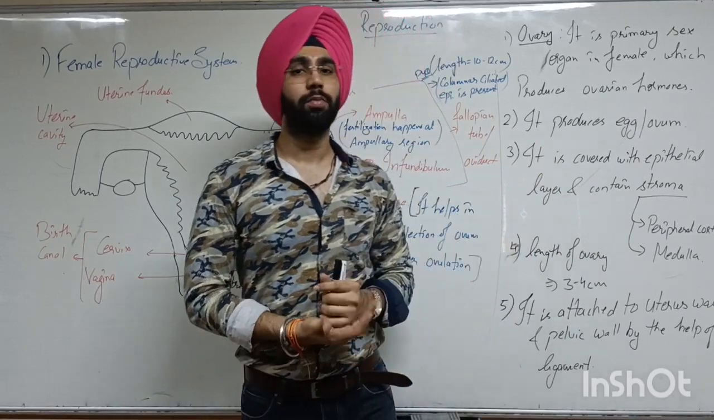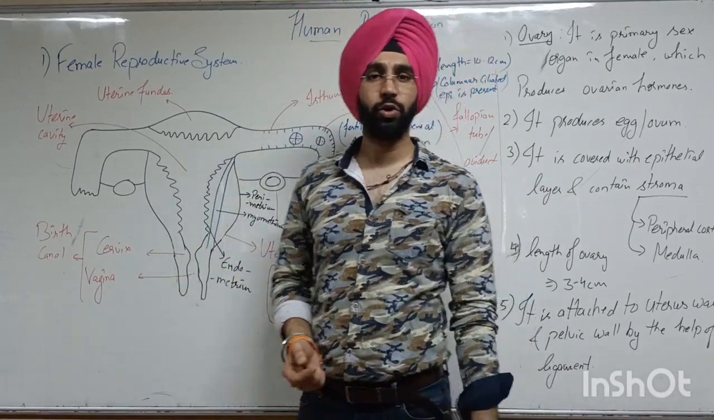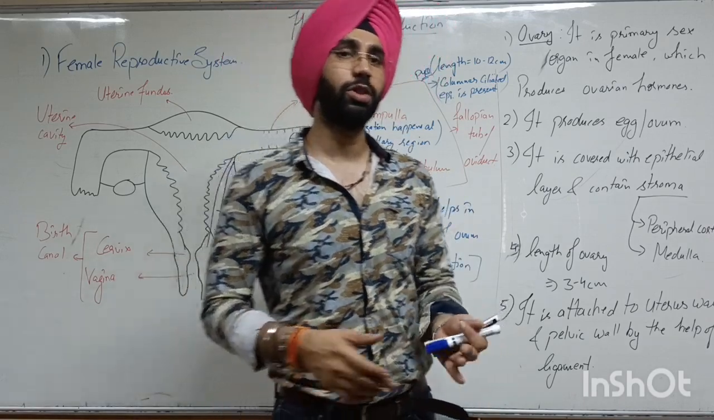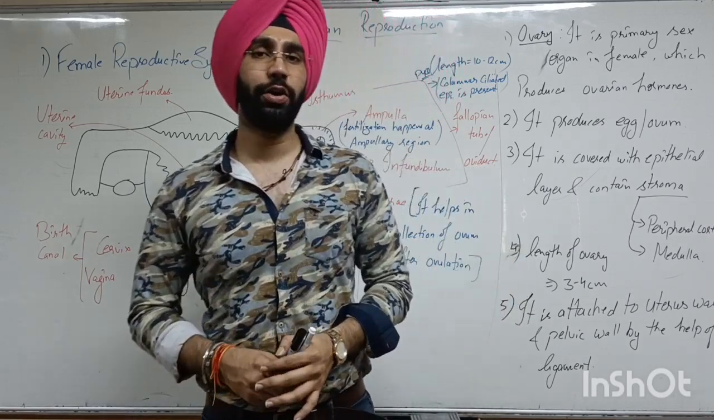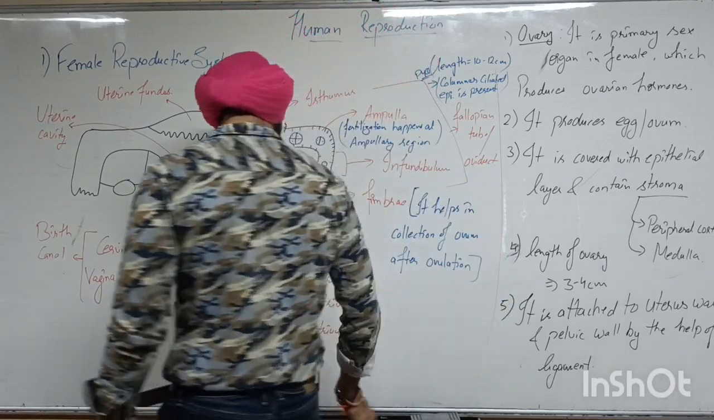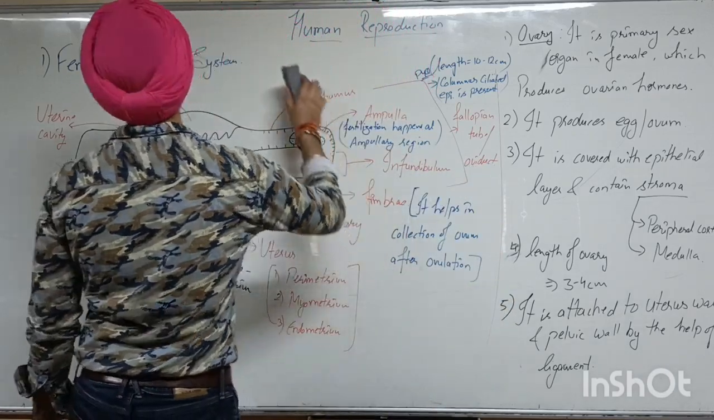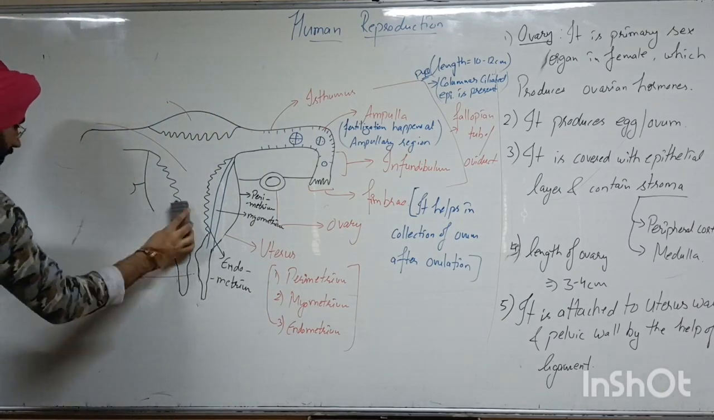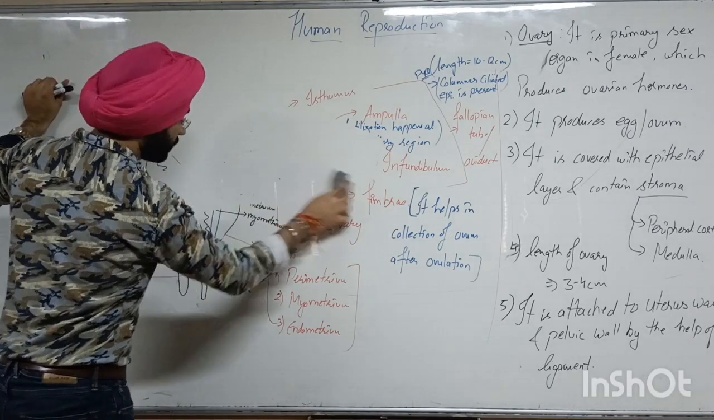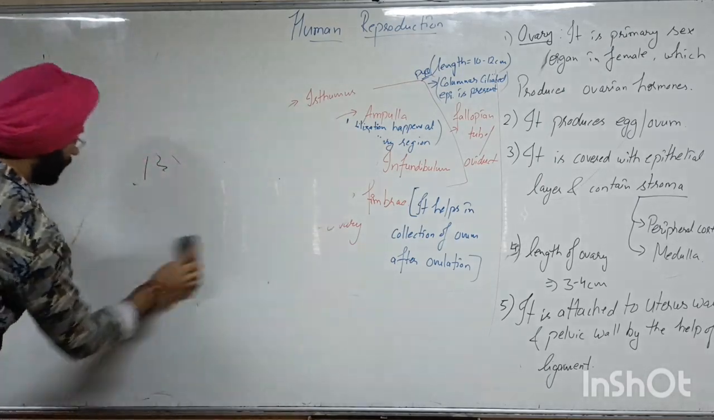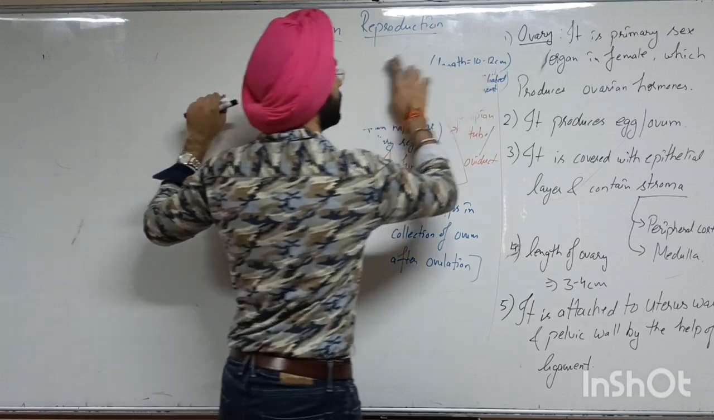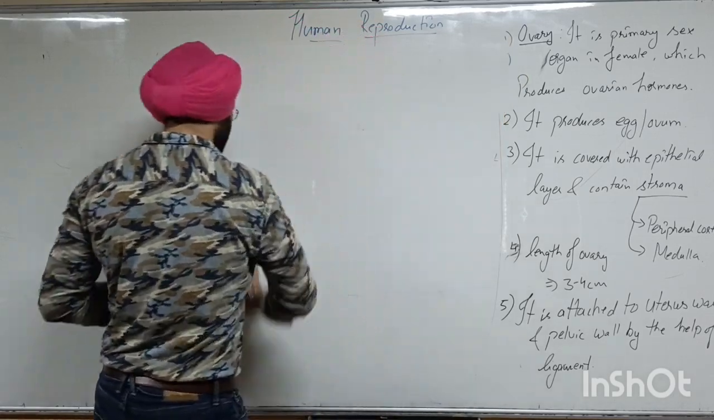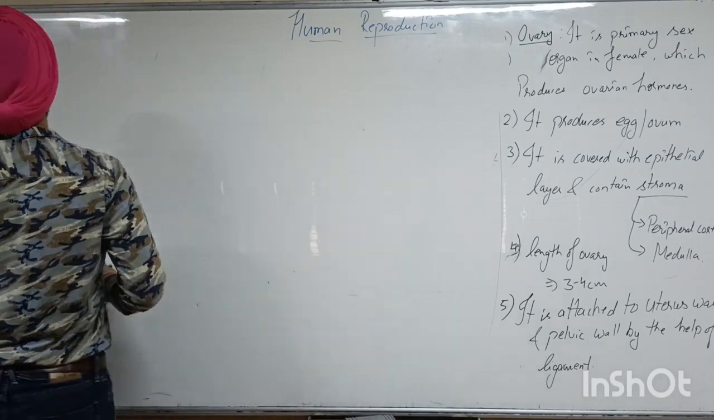So let's come over to our next topic, which is known as gametogenesis, in which we are going to understand spermatogenesis and oogenesis. In today's lecture, we are going to cover only spermatogenesis. I hope that you have written all these things, and after that we are going to take our next topic, that is spermatogenesis. Let me write over here,